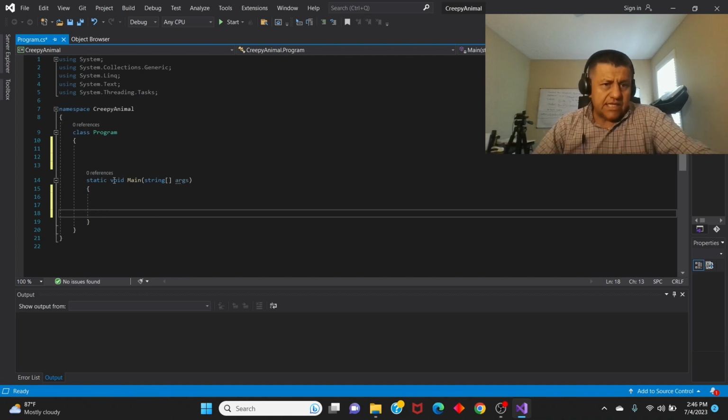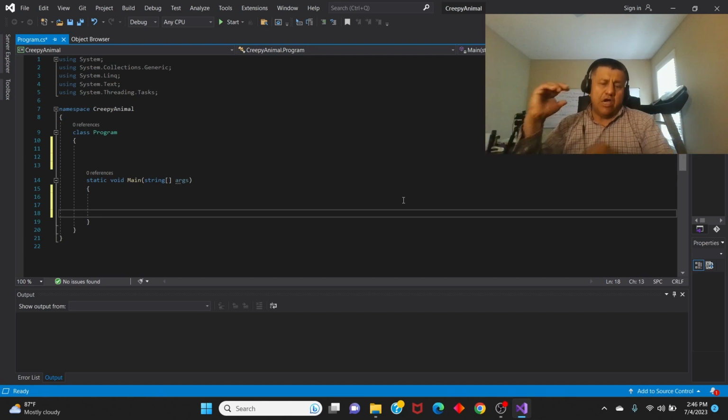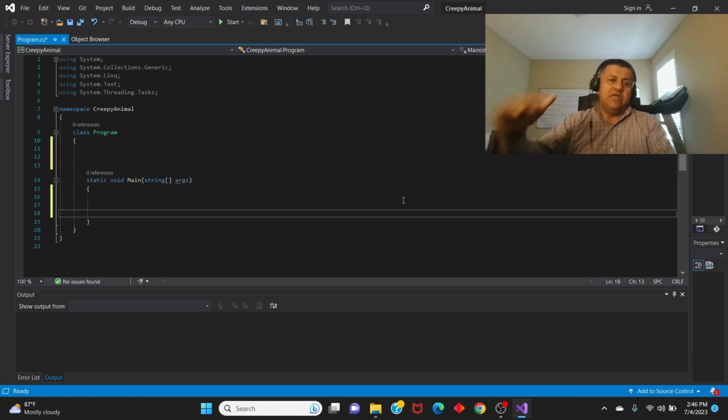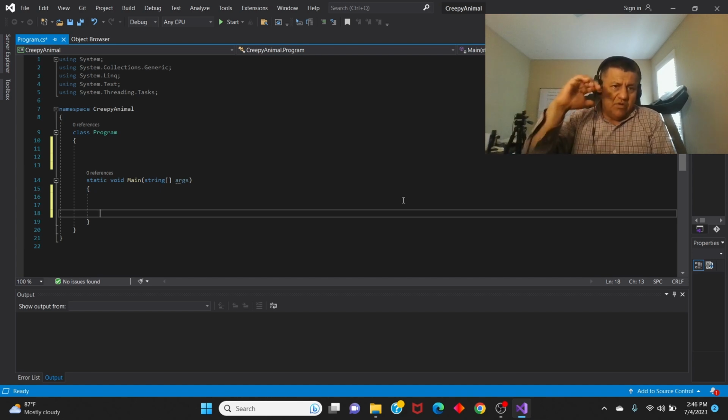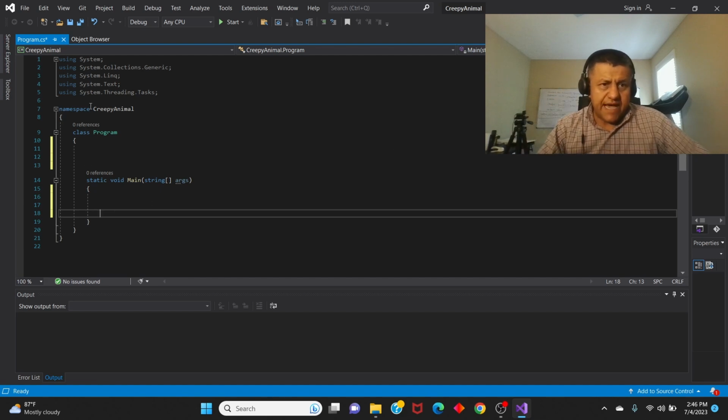What this does is help the program to say: okay, I am going to the creepy animal project, inside the creepy animal namespace I am looking for a class, and inside the class I am looking for a function, or a method, and then it's going to execute whatever is in